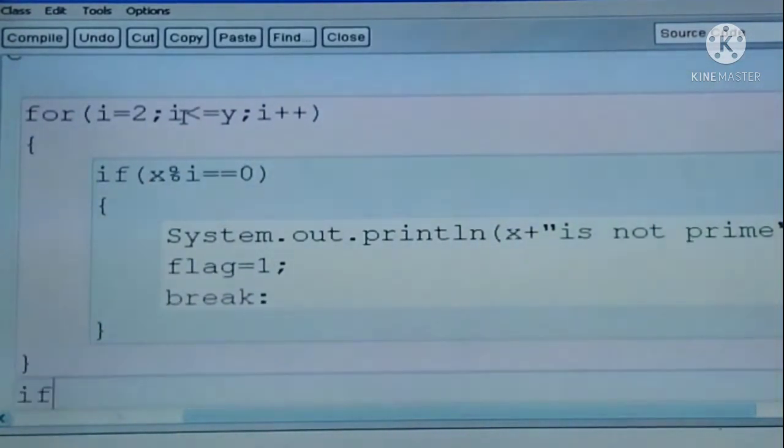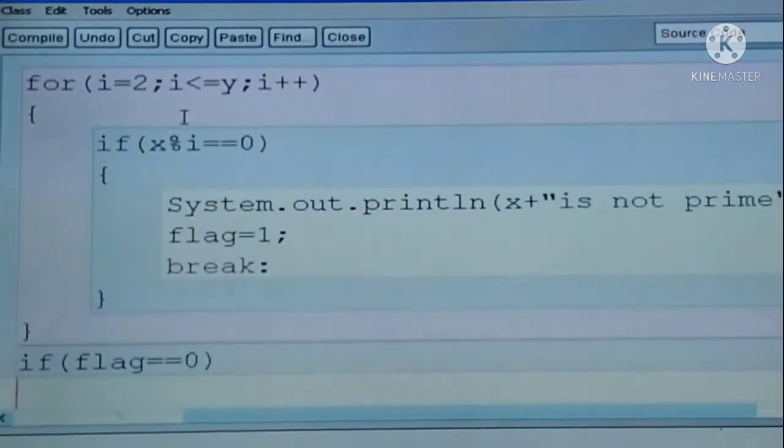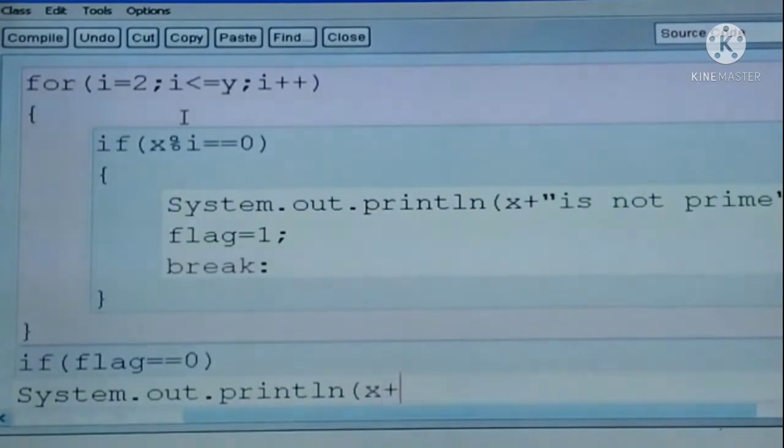Now if flag equals 0, System.out.println x is prime.